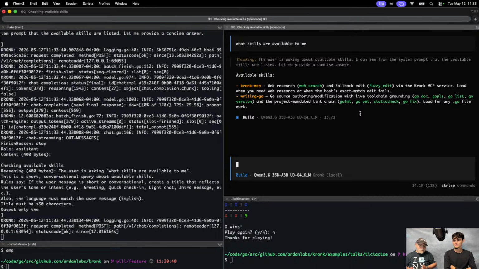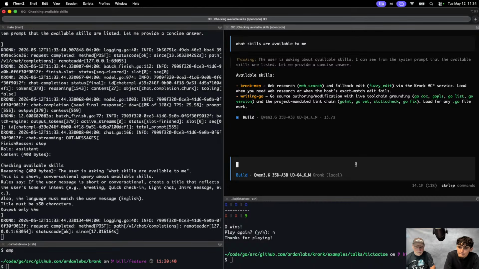But again, I'm running this local model. It's badass, but still, for search, it tends to be pretty good. So I can do something like, all right, tell me about... actually, let me do it without the way I normally do it first. Normally, I would say, hey, use the web search command to do this, use the writing Go skill. That's how I've been doing it because I don't want to take the chance with this particular model, because it's smaller, that it's going to make the decision. If it's a frontier model, you should be fine. It should technically do that.